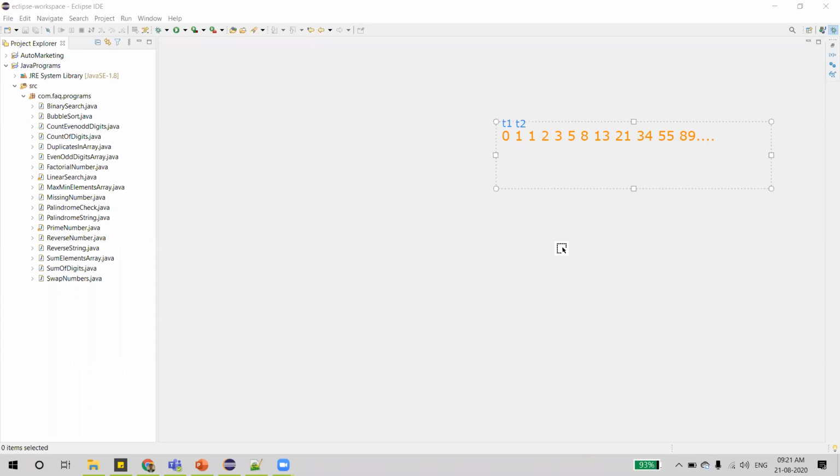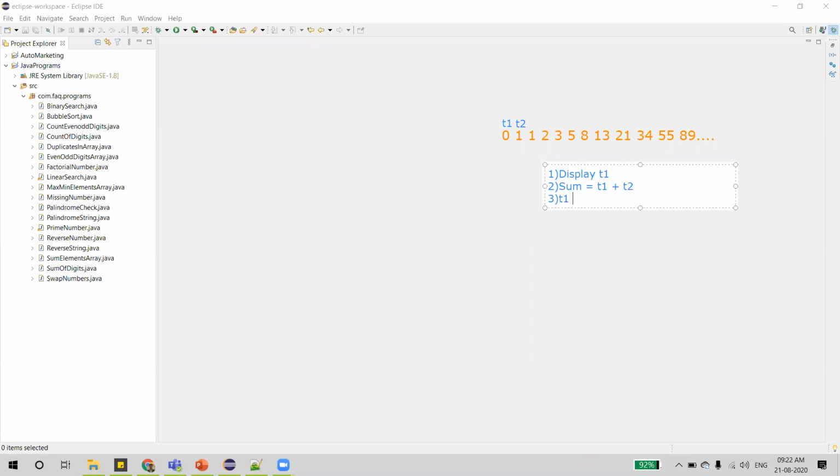Now let us see how to generate this series. So for that, what we'll do is, as we wanted to display all the numbers in this series, first as the first term is denoted with T1, let's display T1. Then what we'll do is, we need the sum of the previous two numbers, right? So we'll take up the sum of the two terms.